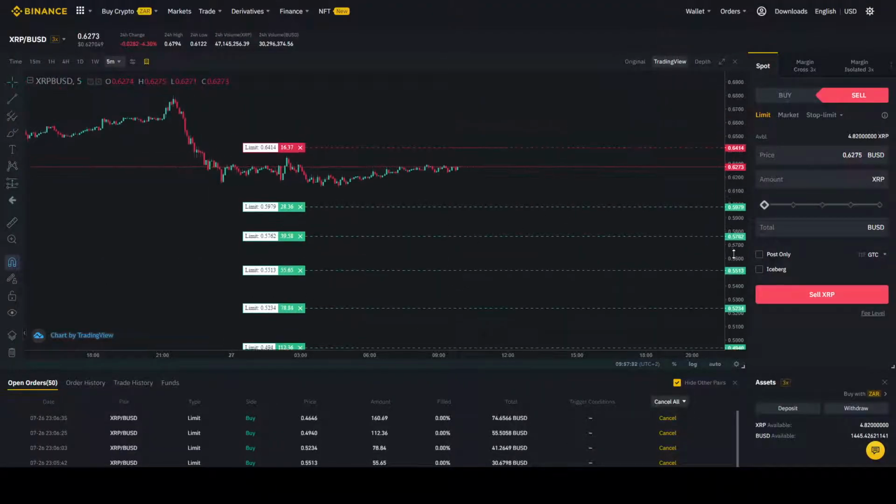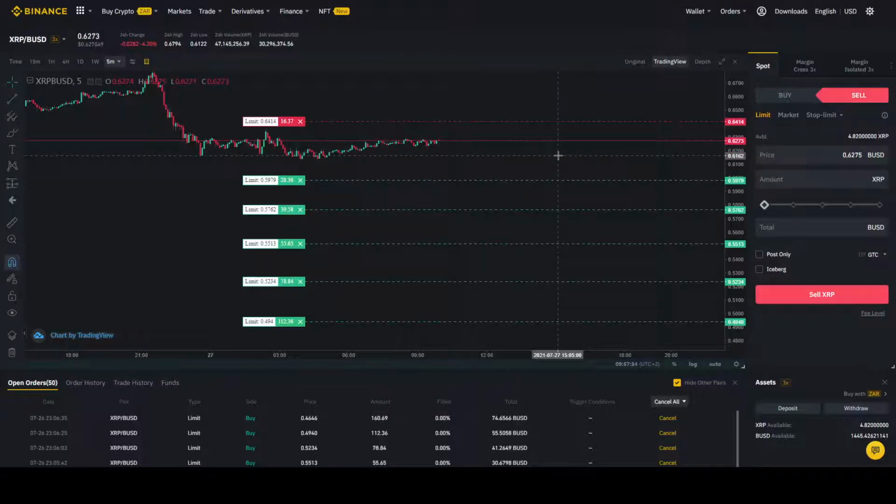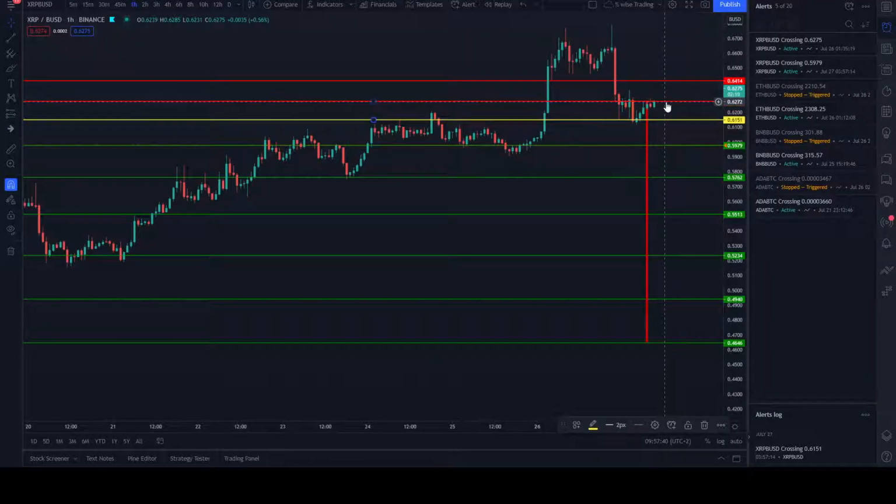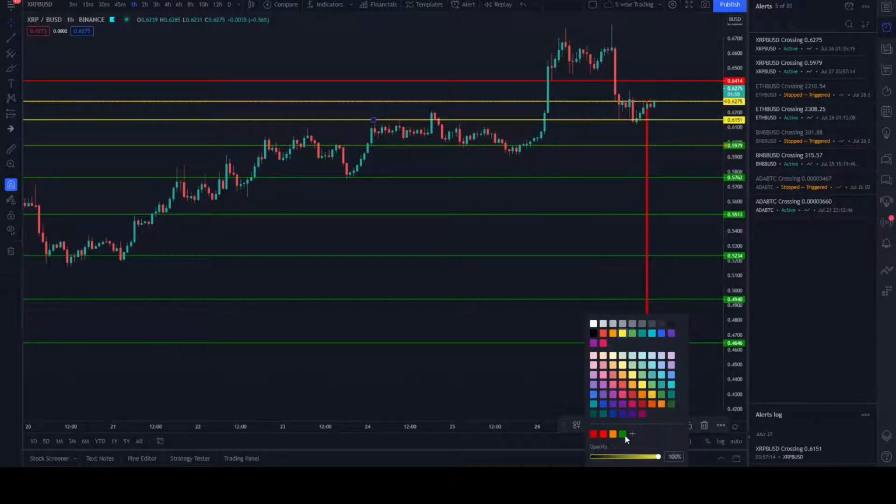Oh well, just as we spoke, it triggered my sell order. So now what I'm going to do is this order is becoming my latest entry, and this one is going to be a new buy limit order.